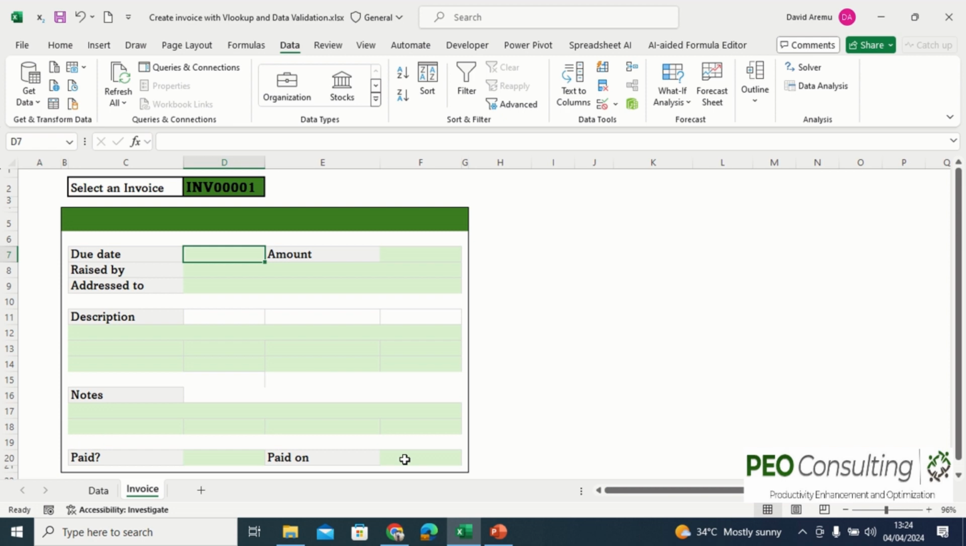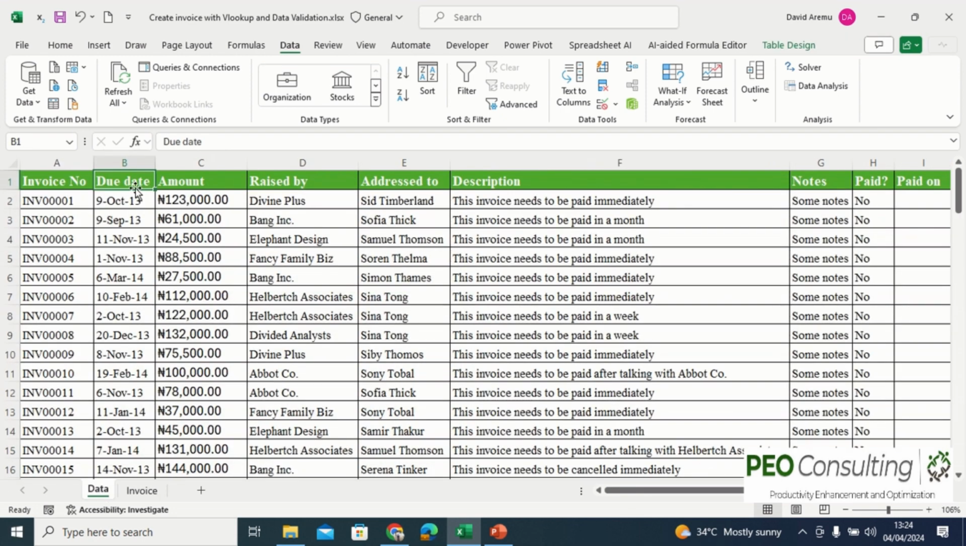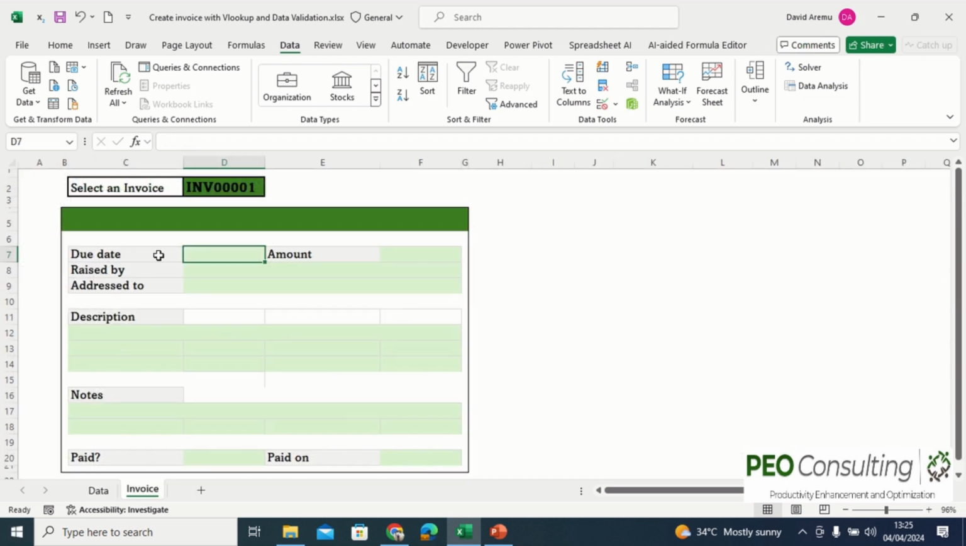So we are going to use VLOOKUP. VLOOKUP means vertical lookup, and what VLOOKUP does is look up data from left to right. That is what VLOOKUP will do. So we are now going to use VLOOKUP to know what the due date would be. Now